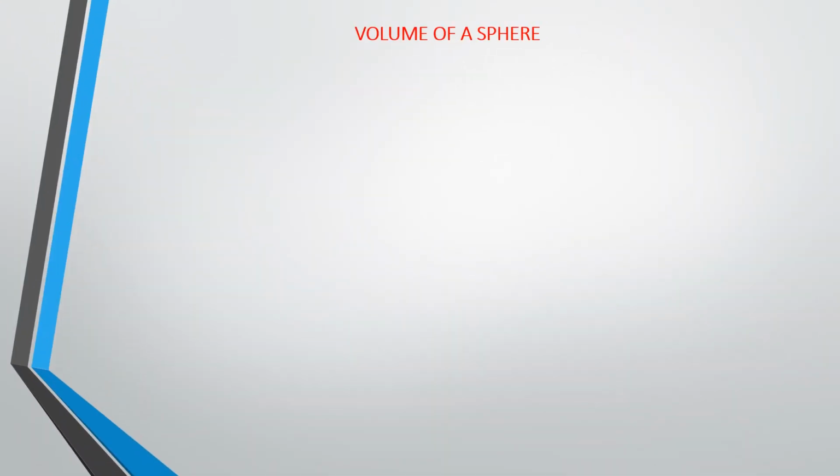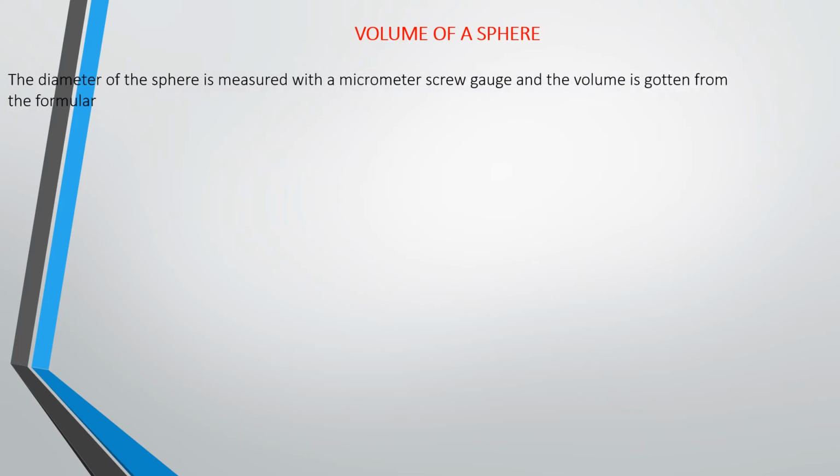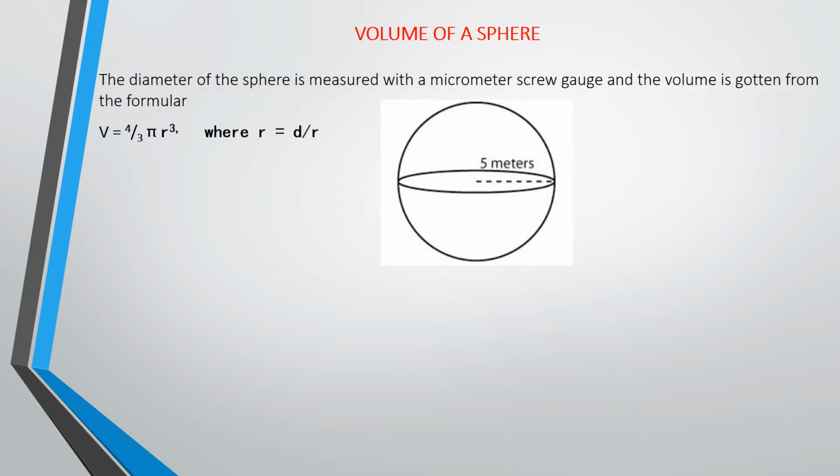Okay, so there are other objects too whose volume you need to know how to find. Basically, this is your basic mathematics. Under geometry, you study the sphere, and you also study how to find the volume of a sphere. The volume of a sphere is given by 4/3 pi radius cube. So if you know the radius, like in this case, the radius is 5 meters,